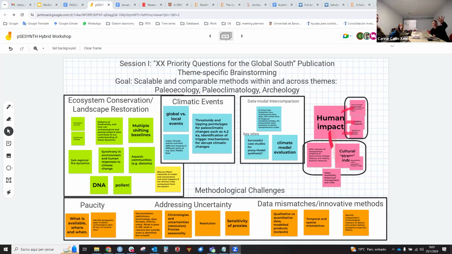Okay, so I started with the human impact side and just sort of rearranged it slightly. And I thought that there's sort of a main category at the bottom, the cultural stress index, and a couple of things about making indices out of there. It's like a new metric side, and a couple of other things about different types of data that can be brought together. So I put those in the box at the bottom,